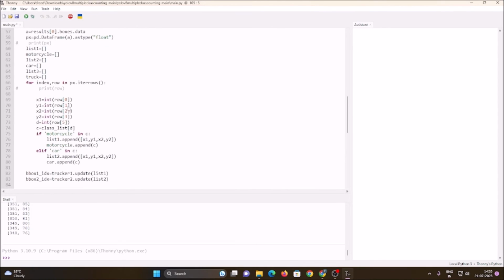So what else do we want here? We want, as you can see, the list 3 and truck. List 3 is basically for truck. So we need to create again a new elif condition. So if motorcycle is there, we have done. If car is there, we have done. Now elif